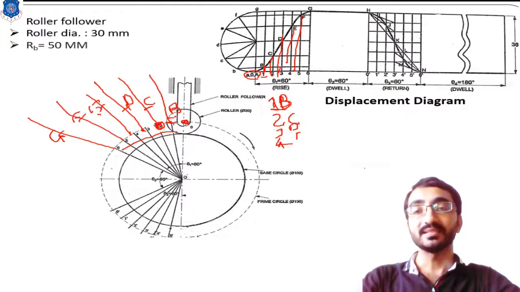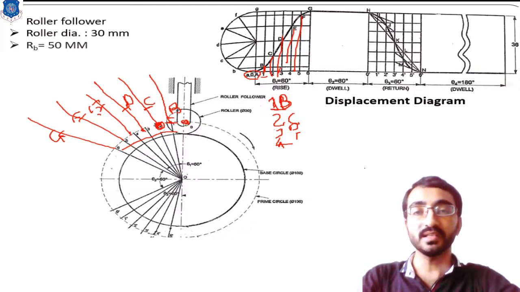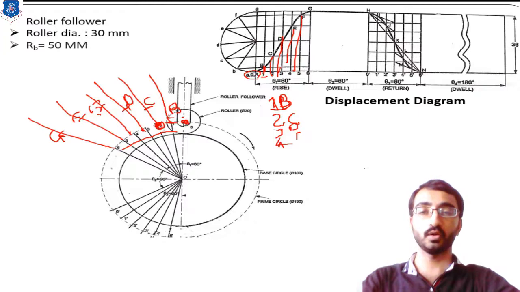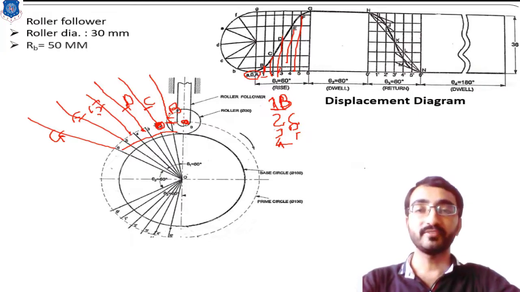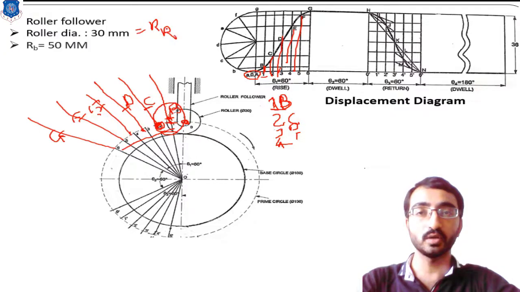Now these B point, C point, D, all these points are representing the center of your roller, so be careful. After obtaining all these points, you have to take each point as your center point and draw a roller from these center points. The roller has a radius of 15 mm, so over here the roller radius is given as 15 mm. Take a 15 mm radius and draw a roller from the B point.